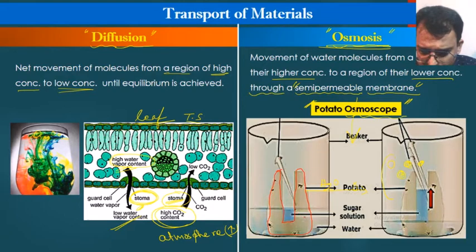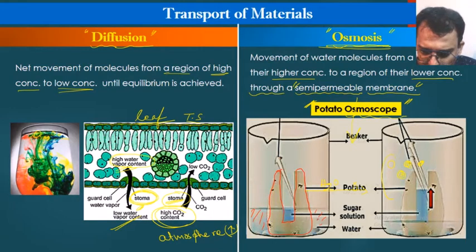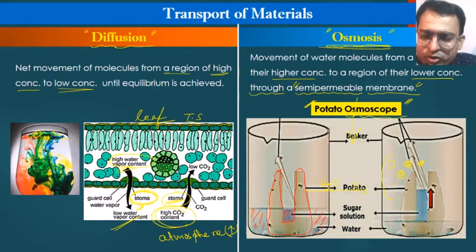So what is being done is, this is the water. We have placed this potato, cut in such a way that in between it we have made a cavity or hole, in a beaker full of water, okay. Now what we do is we add some sugar solution to this. This is the sugar solution. So you can take some sugar, a tablespoon of sugar, dissolve it in water, and then you put it inside this potato, such that it is almost the same level as the water that is outside.